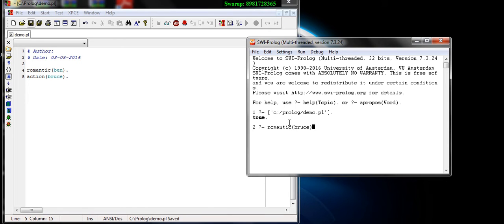So obviously the output that it will give me is false. But if I go for the same thing and I replace it with Ben, then I am going to get the output as true. So this shows that your input which is there in the database of Prolog is matched with the query that you are placing. If the query matches, then you get an output of true, otherwise you get the output as false.